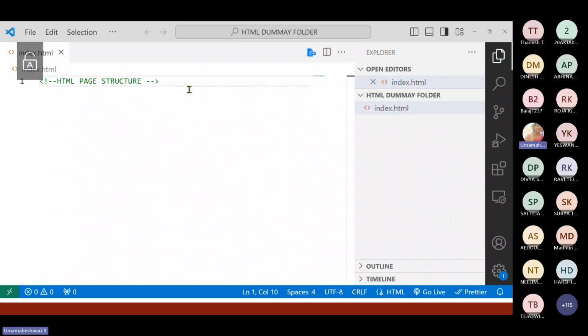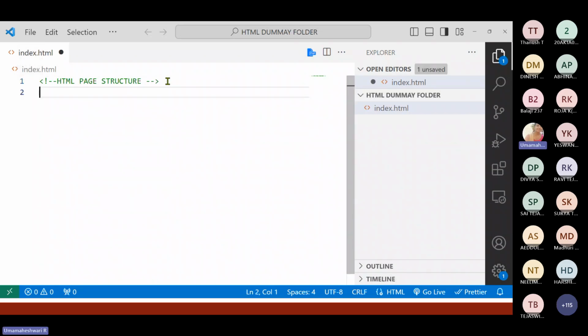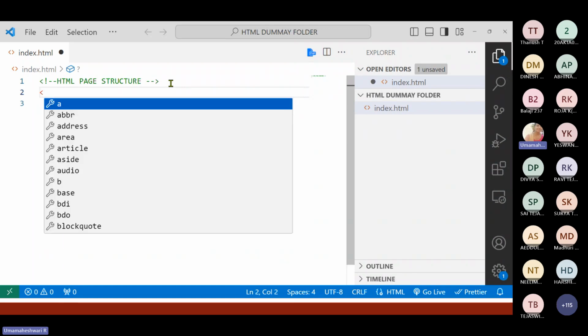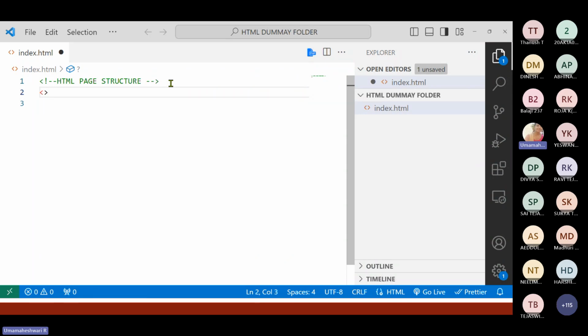Here. So next, this is a command line, so don't consider this. For your knowledge, I'm just adding it. To create an HTML page, you need to use the angle brackets. This is the first step. And then